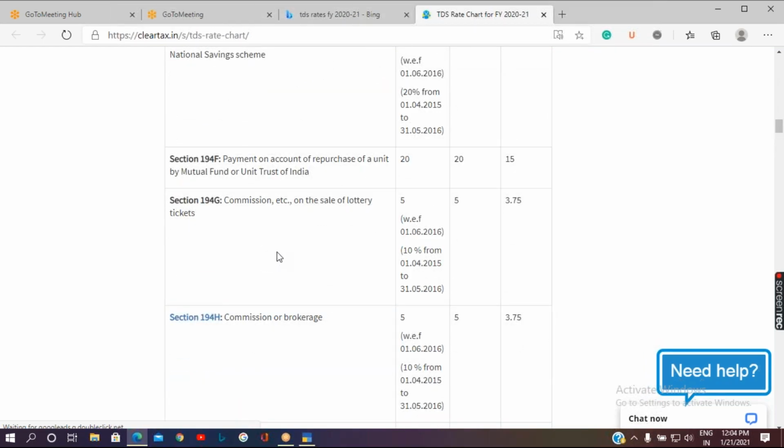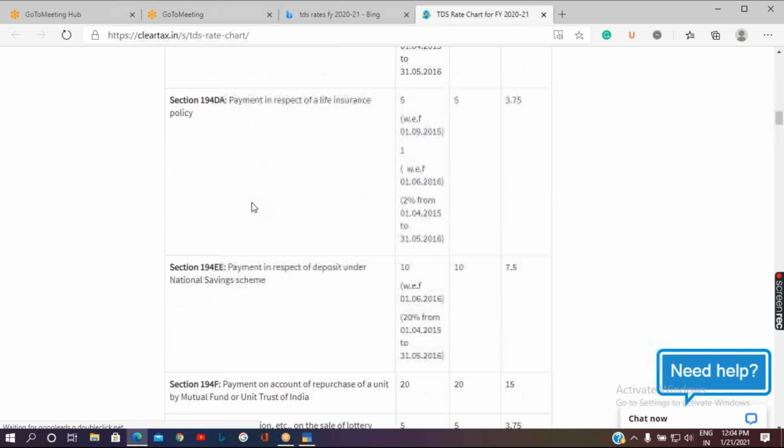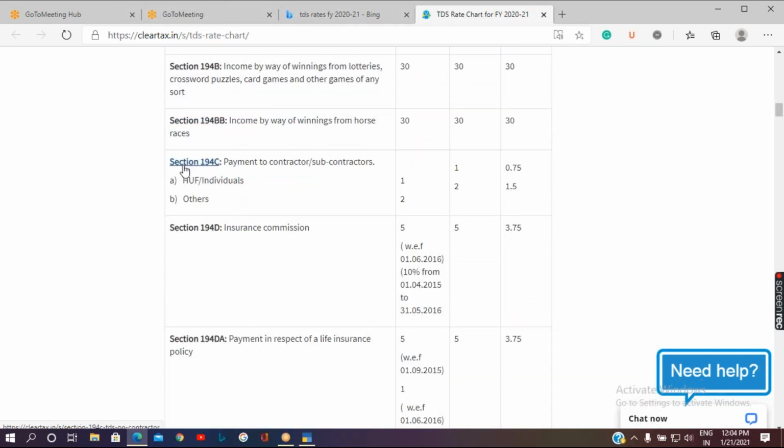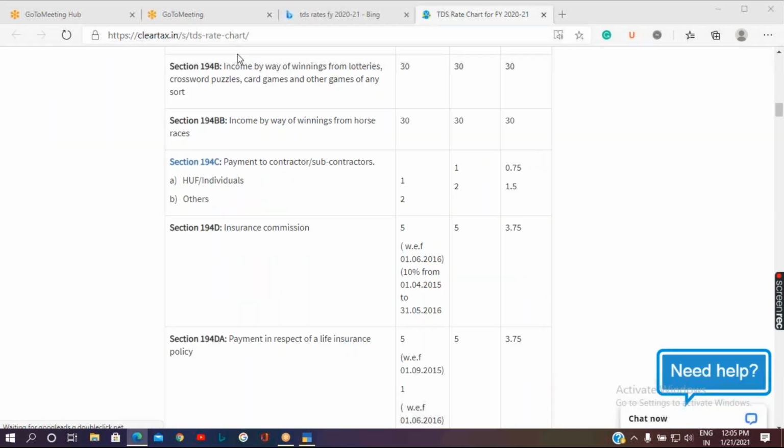We are going to discuss a few of the sections which are very common, which are implemented in almost any type of business. Let me take the example of such sections, for example 194C. You can find the sections over here.